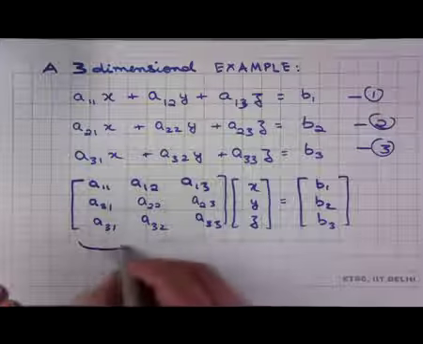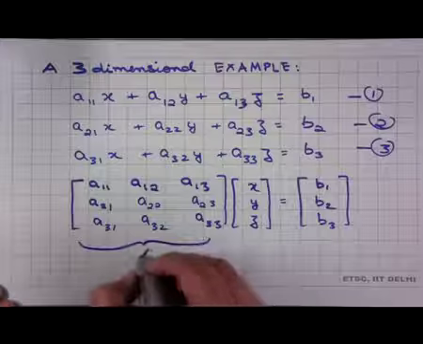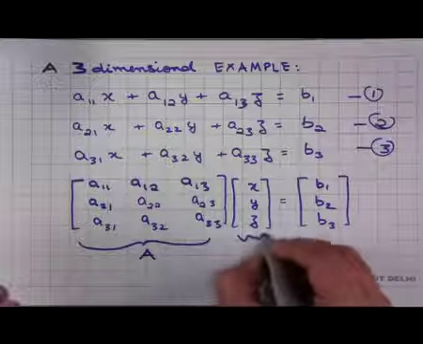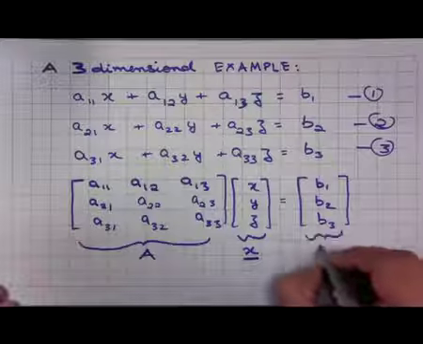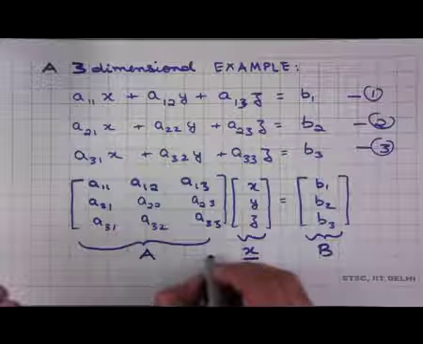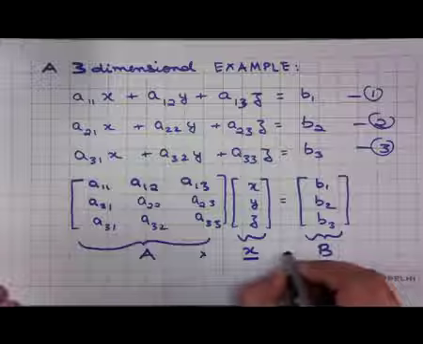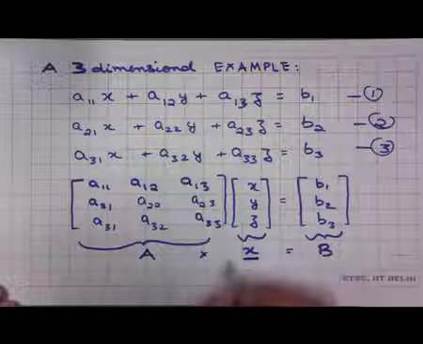So, this may be denoted as capital A, this is x bar, and this is capital B. So, the equation that we have is A times x bar is equal to B, and our goal over here